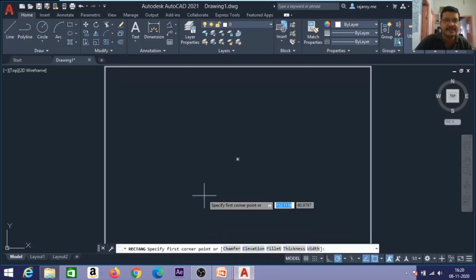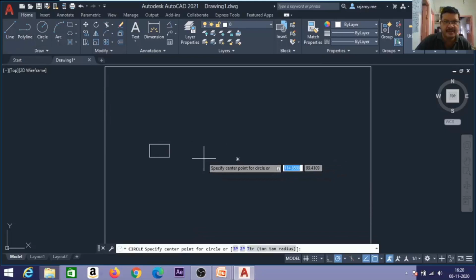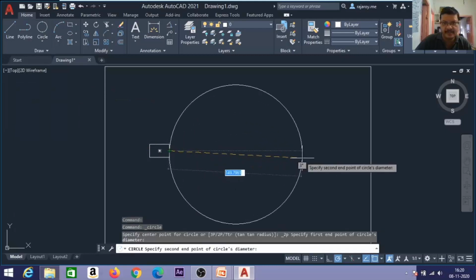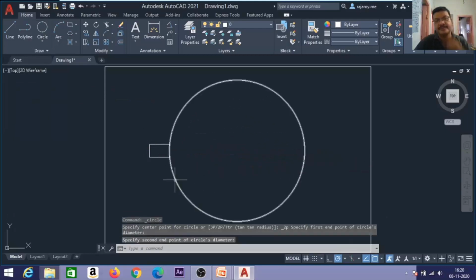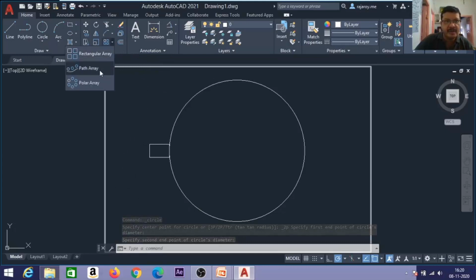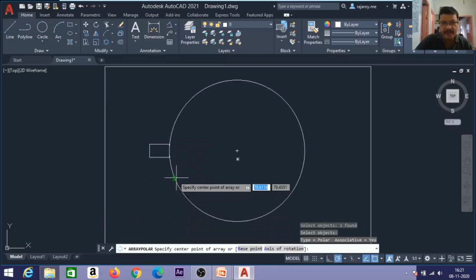Again I take a rectangle, and I'll take a circle also with 2 points. Now I'll demonstrate the polar array. Polar array means I can keep this object around the circle.